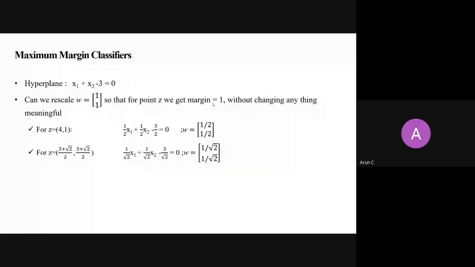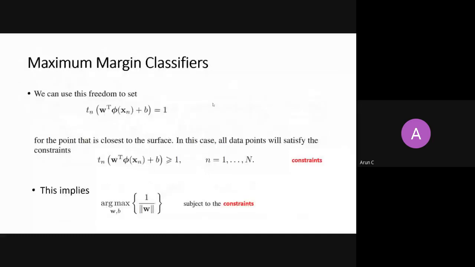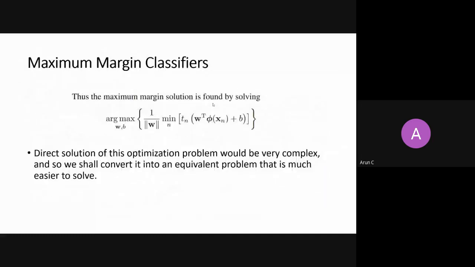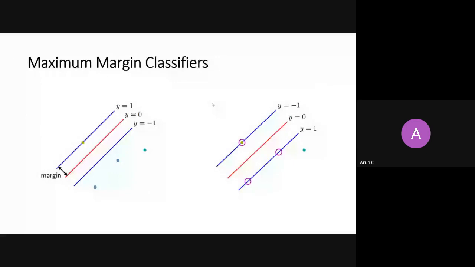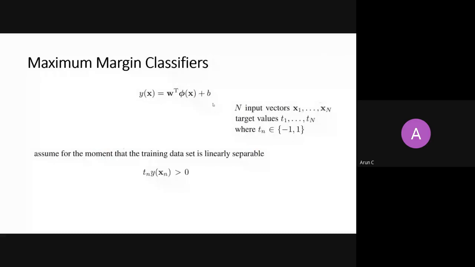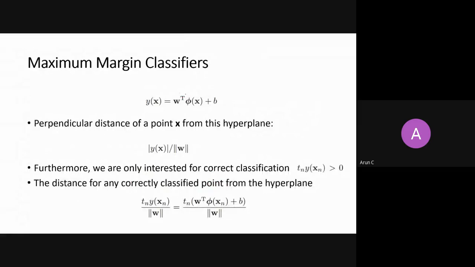Just a quick recap of support vector machines, right? We were maximizing the margins, and this was the equation of a hyperplane. The idea was to correctly classify everything. Therefore, this will always be satisfied because everything will be classified correctly. Then I am interested in maximizing the margin. Therefore, I need to find the perpendicular distance of a point from a hyperplane.